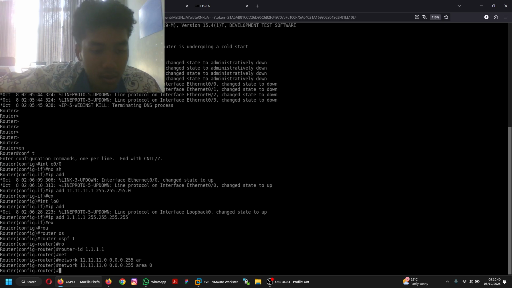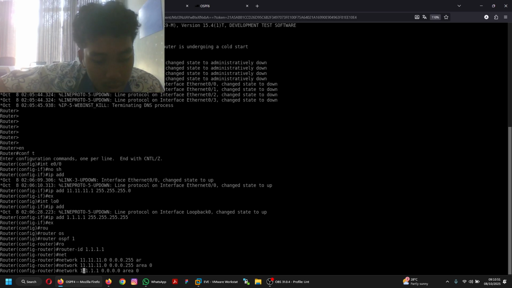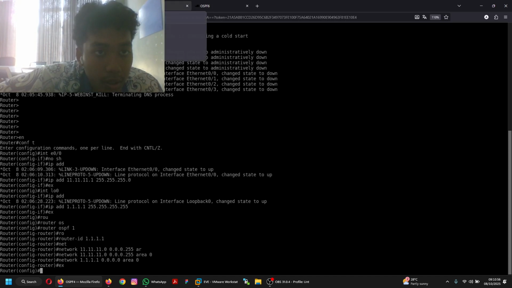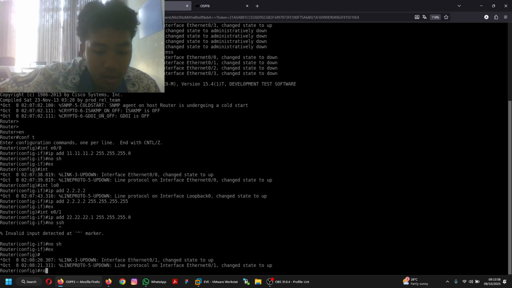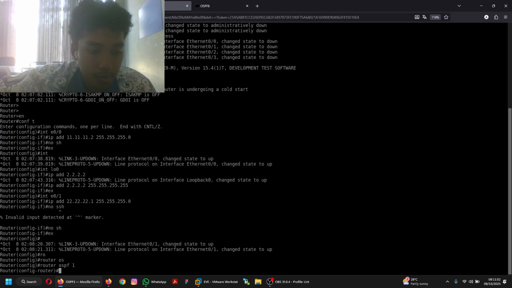Okay, are you done? And then you can configure the next one for the loopback IP. Okay, it's already done, and you can move into the next router and repeat the same as before.